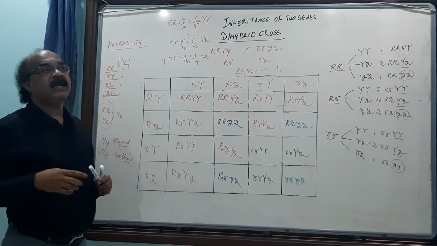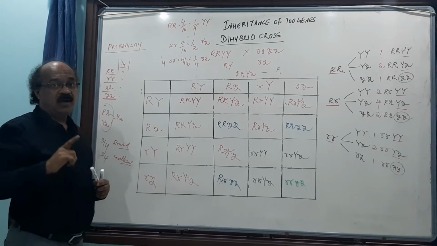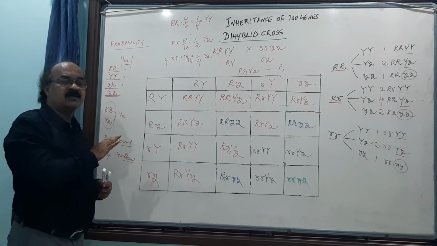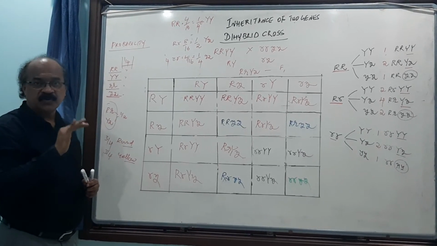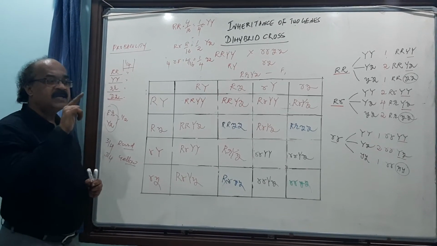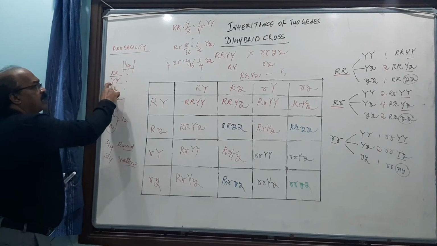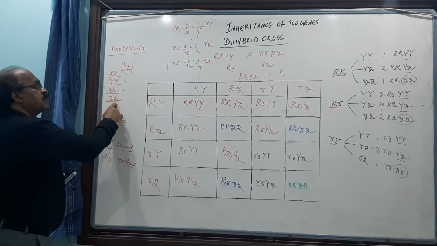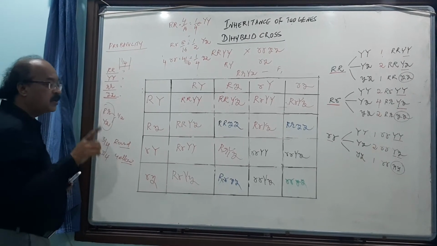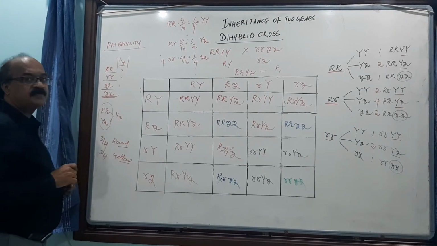I conclude, just listen once again. Probability of dominant character is always 3/4. Even in the monohybrid cross also, we got 3/4. In a dihybrid cross also, dominant probability 3/4. And coming to the homozygous condition. Homozygous condition, capital R, capital Y, small r, small y, 1/4. Heterozygous probability, heterozygous, capital R, small r or capital Y, small y, that is half.